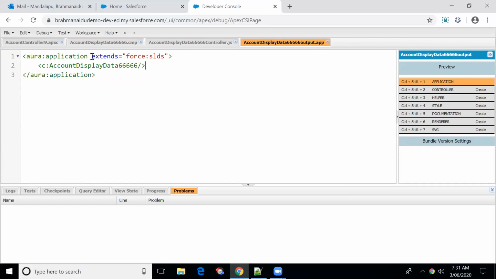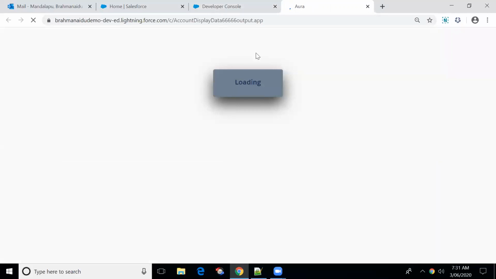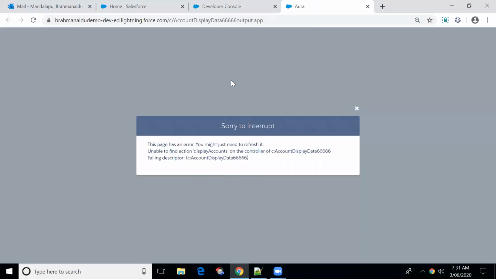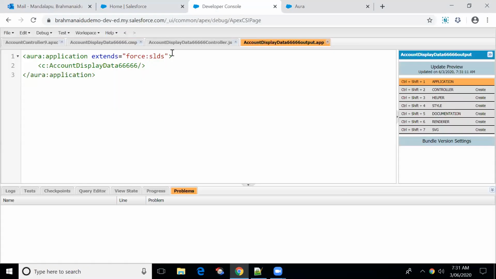Extends equal to force colon SLDS means it will acquire the properties of the Lightning Design System. That's it.